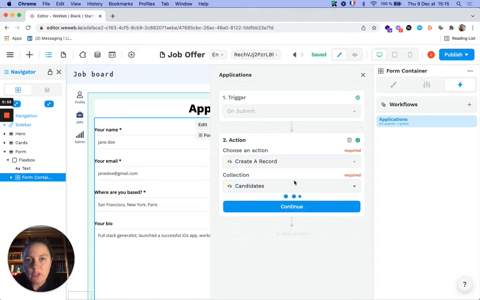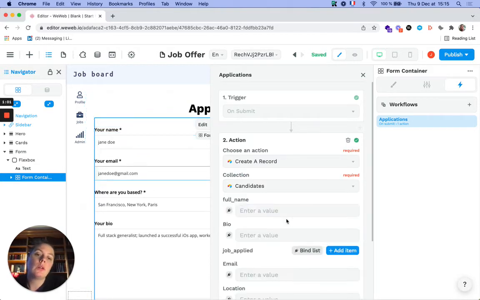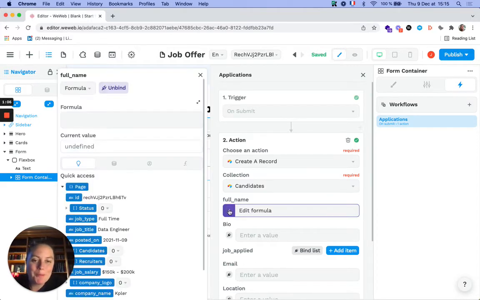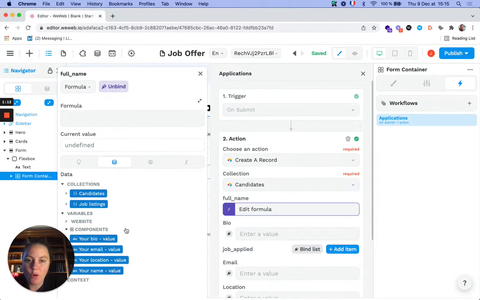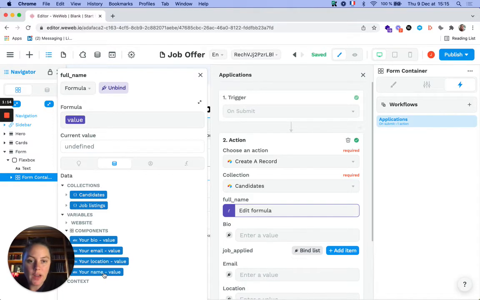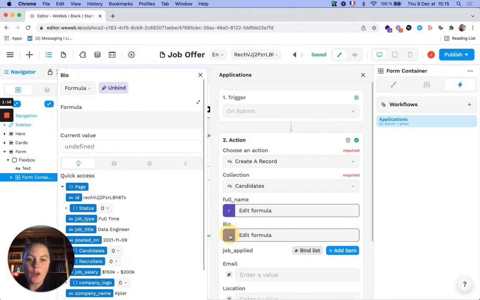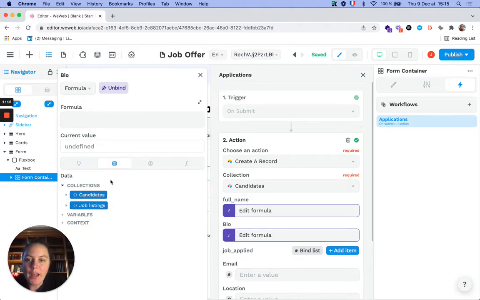Now we'll have to map out the elements from the form to the columns in our Airtable base. So bear with me a little bit, it's going to be a little bit repetitive, but what you do is you go fetch your variables in the form. So here we're looking for the name, here we're looking for the bio,